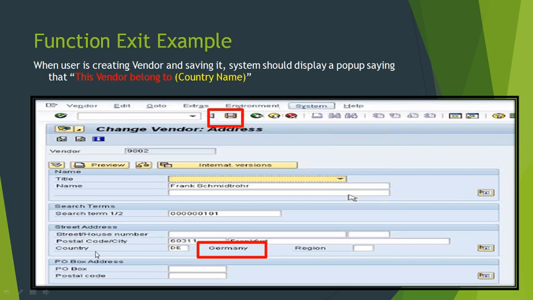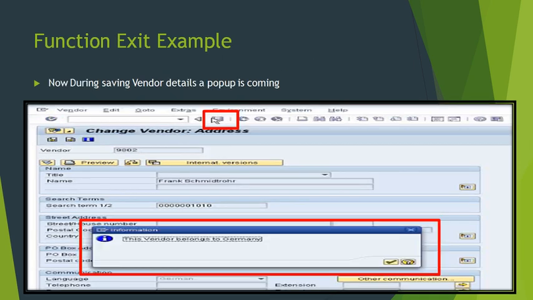The user requirement is that whenever a user is creating a vendor and clicks on this save button, a pop-up screen should come saying that this vendor belongs to this particular country. So after doing certain enhancement via user exit or function exit, you will see this.